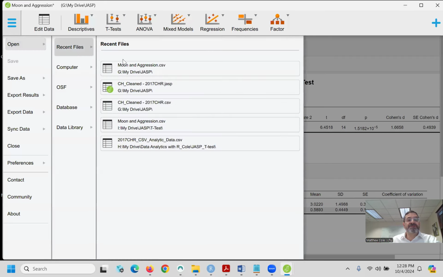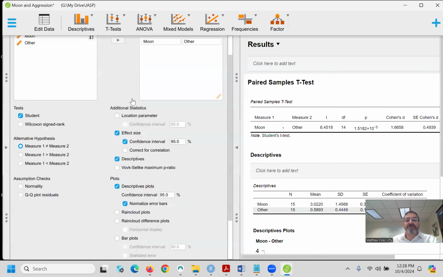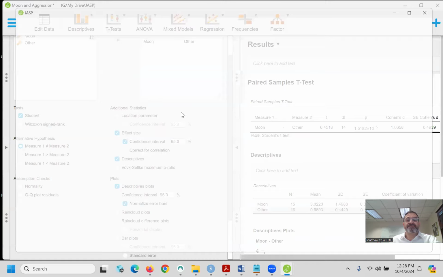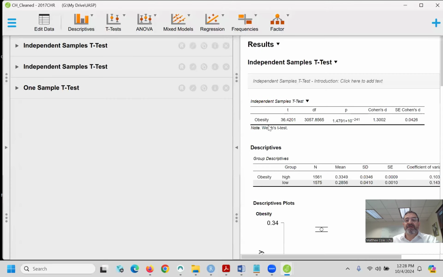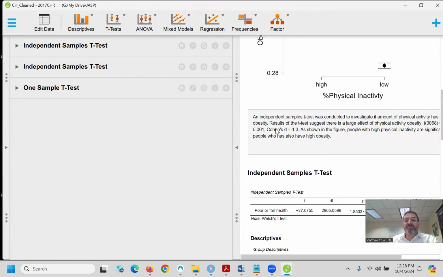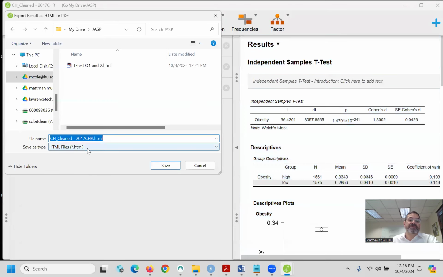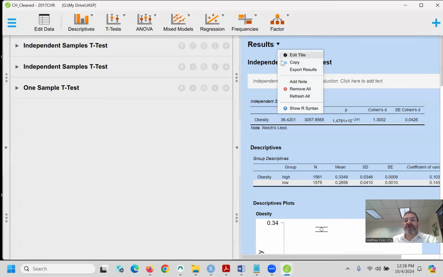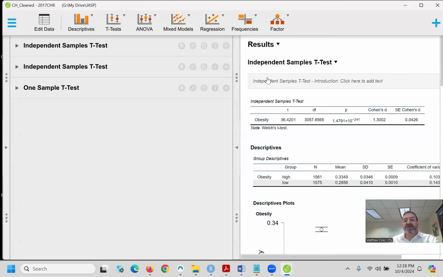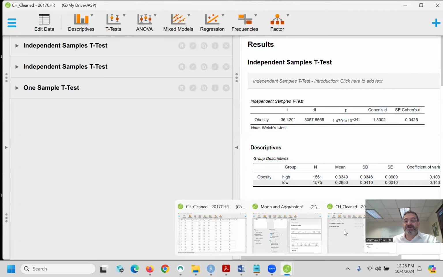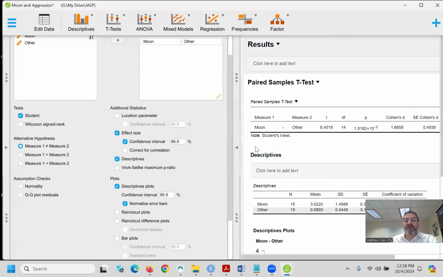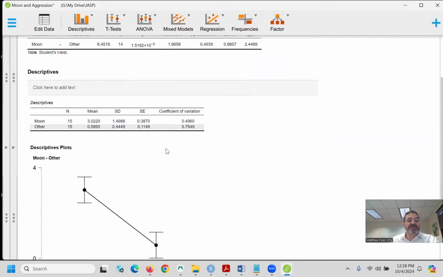Let's open up the session we just did, on the county health data. And so, yeah, we could take this whole results up here and we could export it. There you go. So, right, still have the option. You can see there's all sorts of things you'll be learning. You can also, if you want, show what the syntax was for all of these. So I think this has been a good overview. So here's our different sessions. Here's our moon. Again, how I would interpret this is I would simply say,